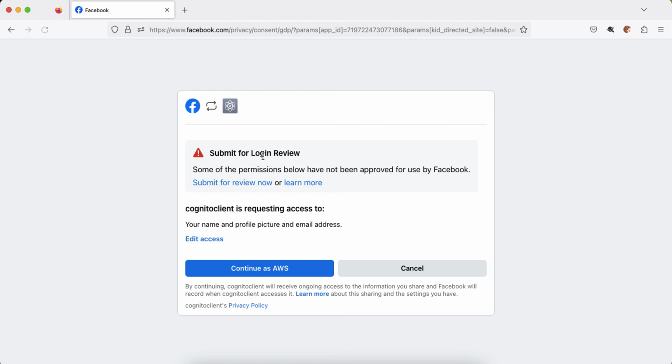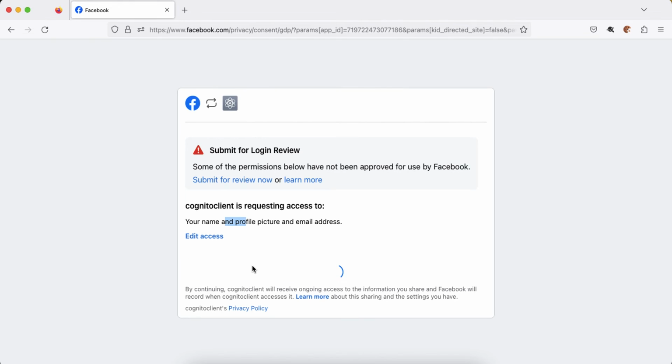so when I log in for the very first time, Facebook will ask for my permission. It will ask if it is okay to share my name, profile picture, and email address with the client application, which is basically Cognito in this case. This screen will appear only in the very first login. It won't appear in subsequent logins to that same application using your Facebook credentials. So here I click continue,